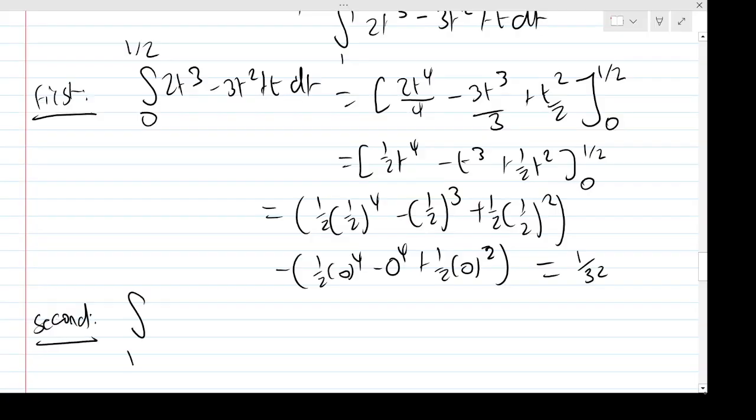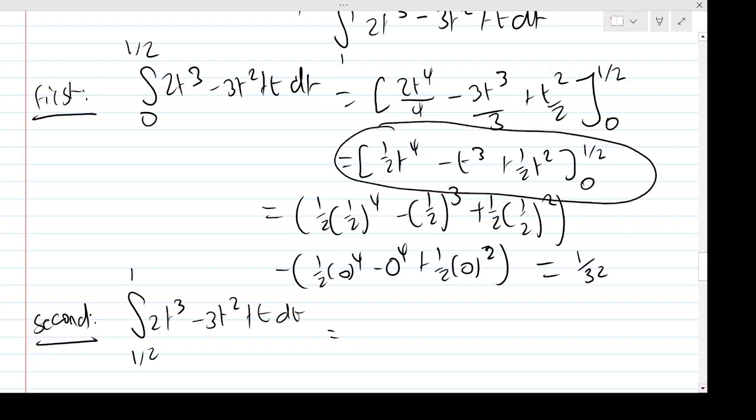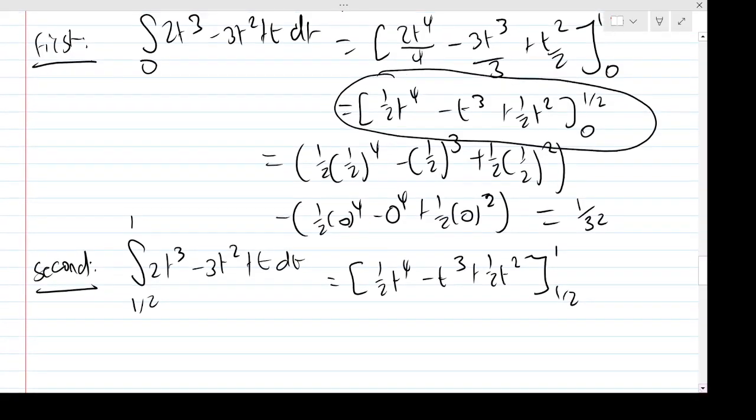So then we're going to work out the second integral. So that's between a half to 1 now, of the same expression, the velocity here. Okay, so again, we don't need to manually work the integral out. We can just reuse it now. So it's a half t to the 4 minus t cubed plus a half t squared between now a half to 1. Okay, so if we plug in our new limits,